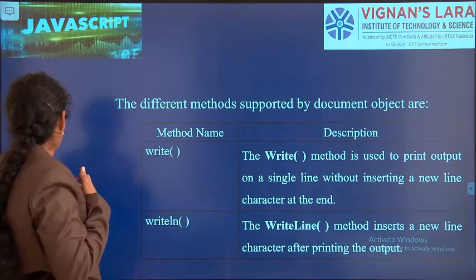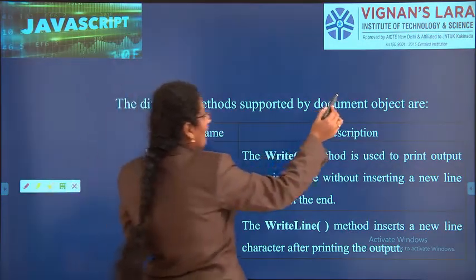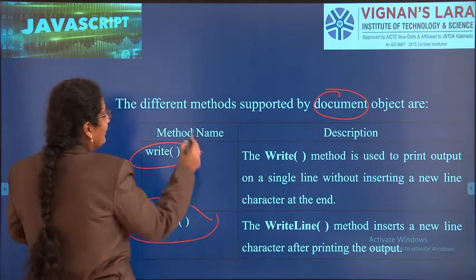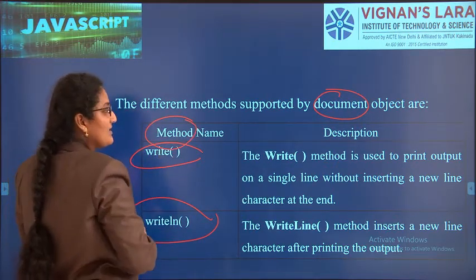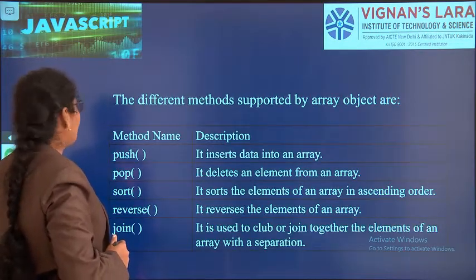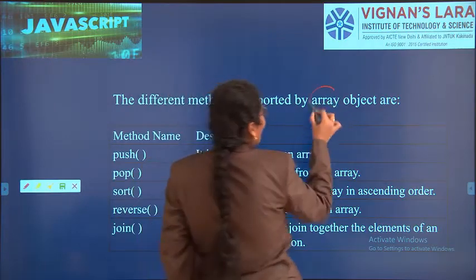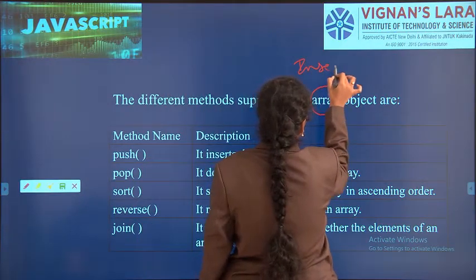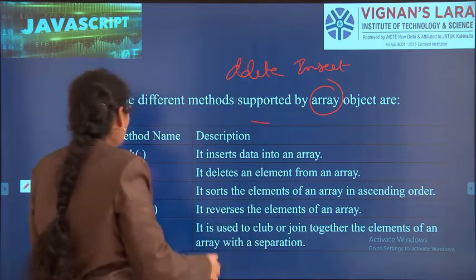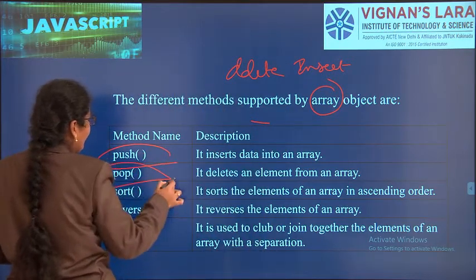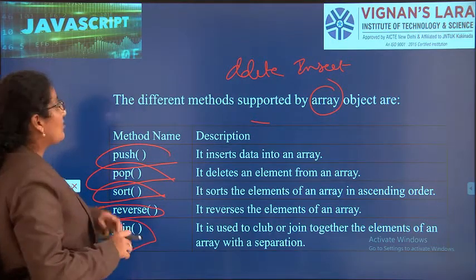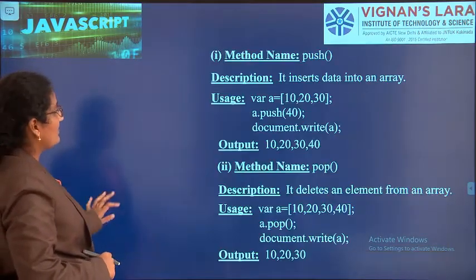So next one is very important, document. Document is for document.write, document.write, two things we will have. These are nothing but methods. These methods we have been discussing from last class. So very interesting. Next one is array. Obviously array means we will have insert, delete, like these options. So push is for inserting, pop is for deleting, and there are methods for sorting the array elements, to perform reverse and to join. This also we have seen with examples in last class.